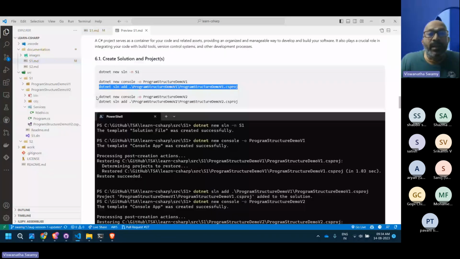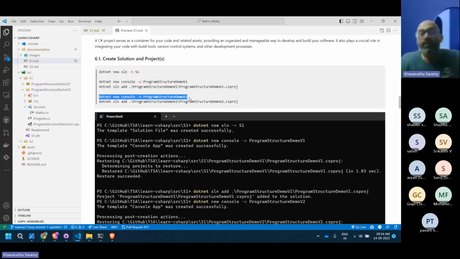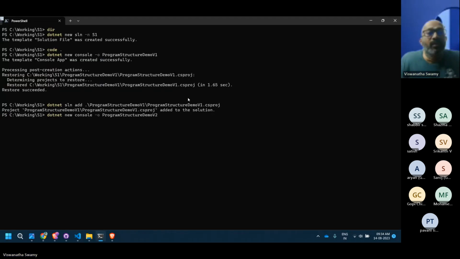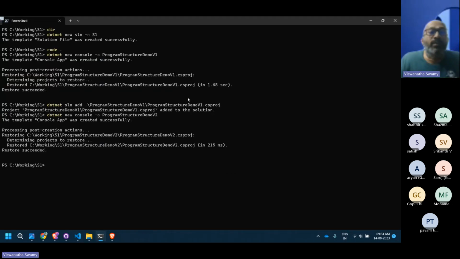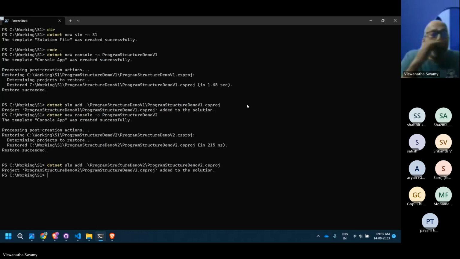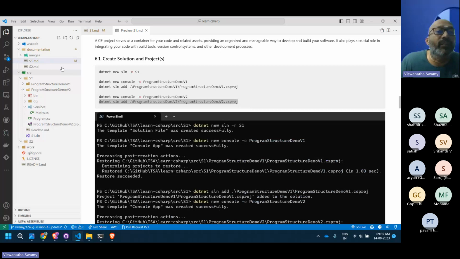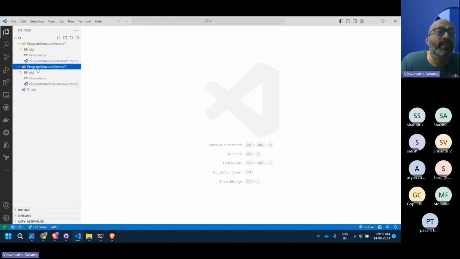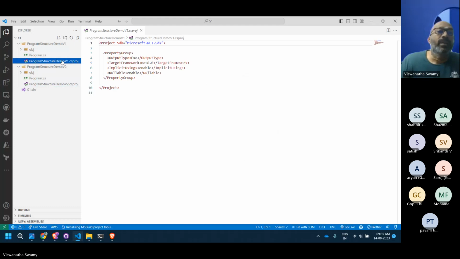And then I'm creating a second project because we will be seeing two flavors of this. I will explain what the difference is. If we come back to this one, you'll see that we have two projects here. Each project has a .csproj, that's a project file.